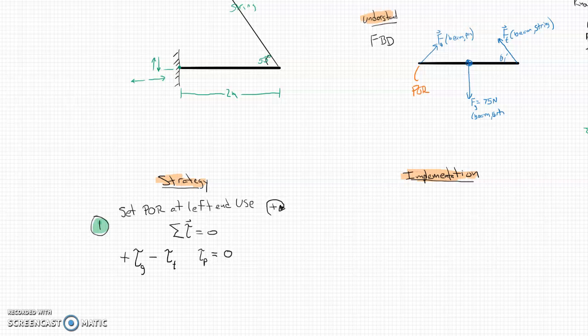And our pin support, or I guess I call it the applied force up here, this actually, believe it or not, is 0. It cancels out. The choice of my point of rotation being up here gives us a 0 lever arm and therefore 0 torque. So basically our torque comes down to these two torques right here, and these have to be